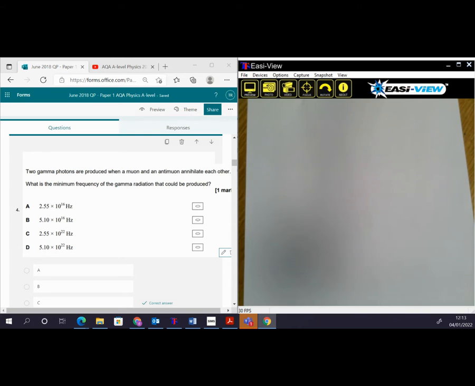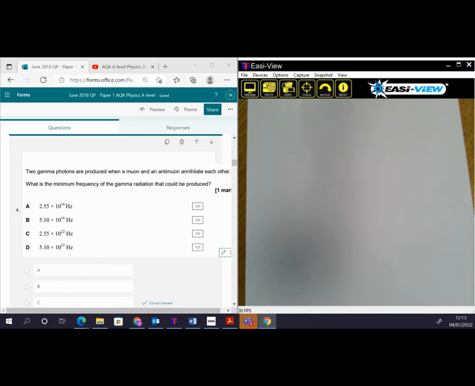So this question is checking that you understand what is meant by an annihilation, and then you have to make the conversion of energy into the frequency of the gamma radiation. So there's a few things, and it does say two gamma photons. So we've got annihilation of a muon, and that would require me to then look,